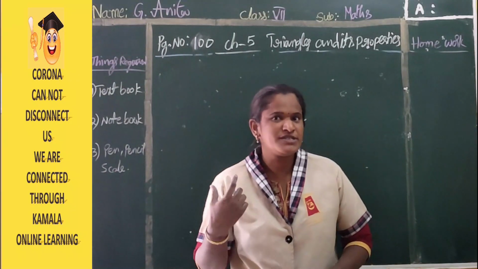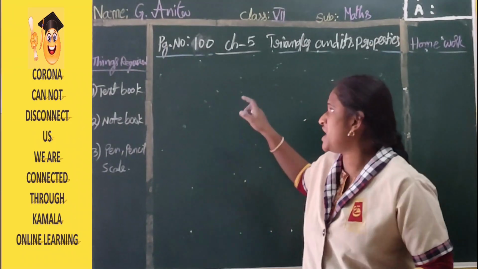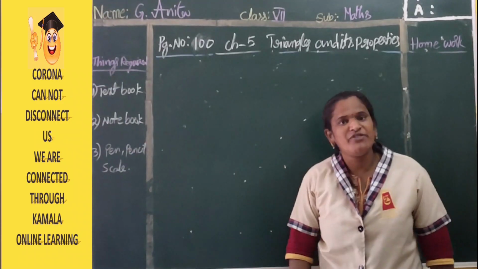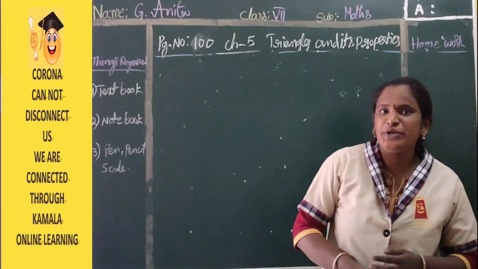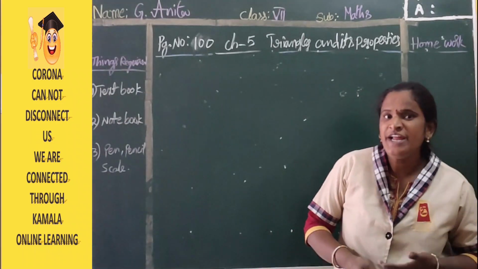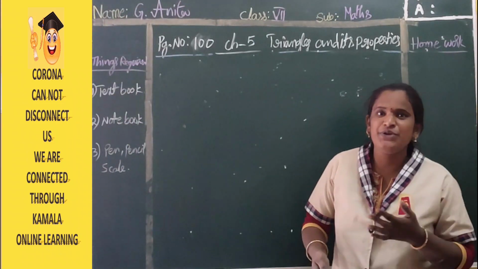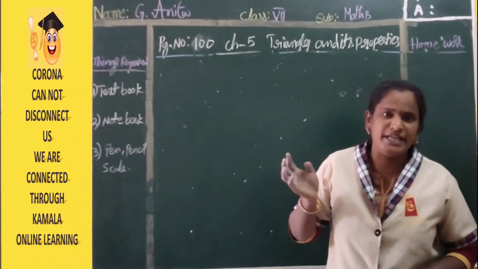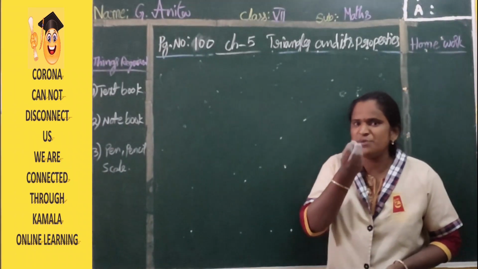So today we are going to start the continuation of chapter 5, that is triangles and their properties. I think everyone completed till exercise 1 and 2, and exercise 3 till the third problem, children. It is very simple and easy for you also. We are using only a single property, that is the angle sum property, and some simple definitions.